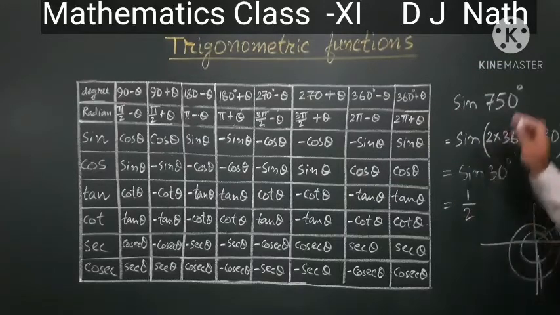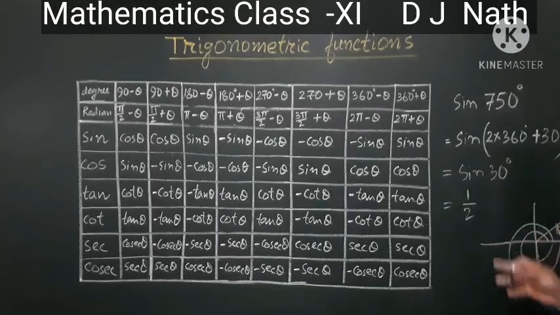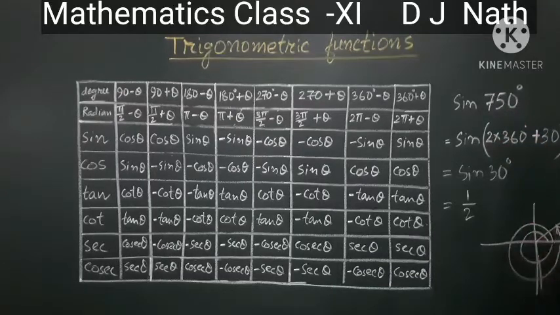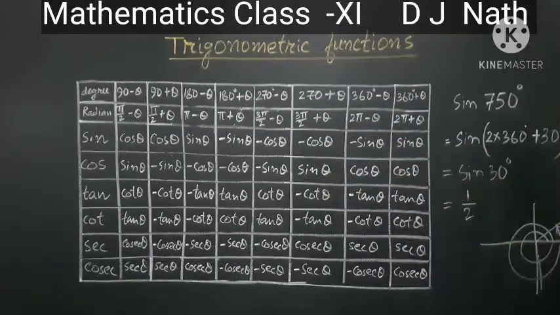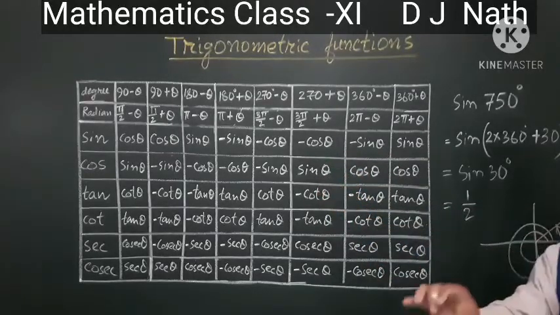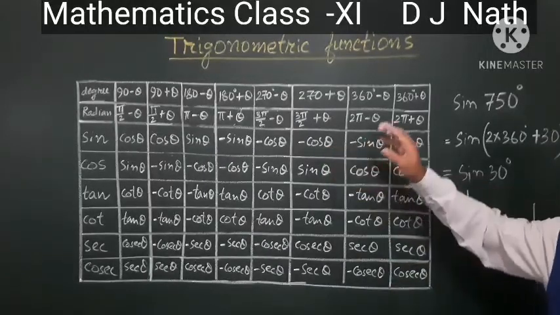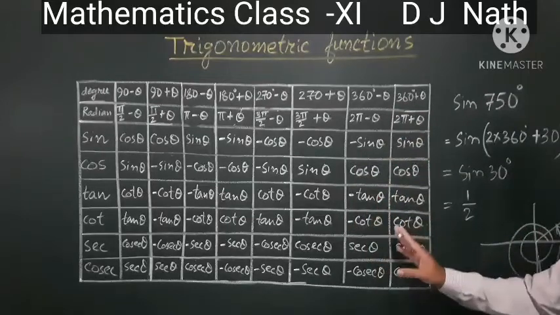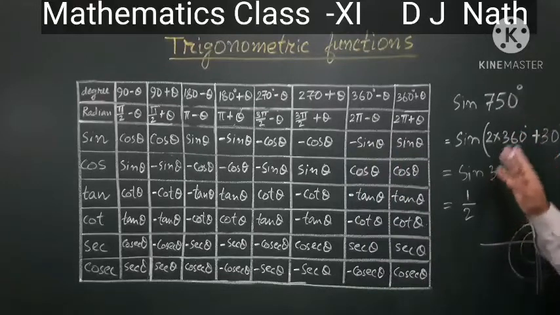So that table will help us find the value of any trigonometric ratio. If the angle is minus, we rotate clockwise. When it is plus, we rotate anti-clockwise. When it is negative, we rotate clockwise, and then we see which quadrant it falls in. That is how the value is found. So this is also a very important table. In your book, they have shown it only with plus or minus, but here I have written it in this way so that it can be easily understood by all of you, in a better way to find the values.